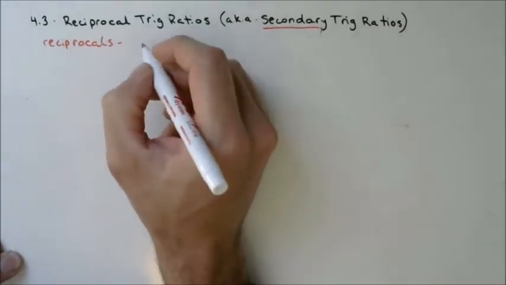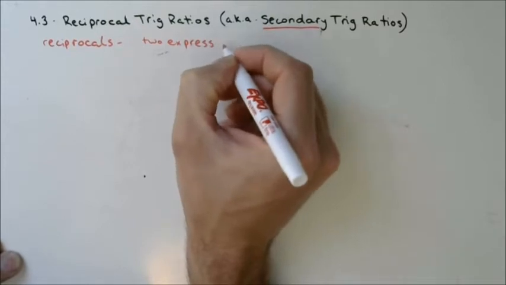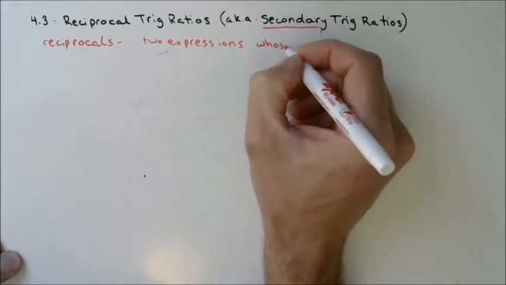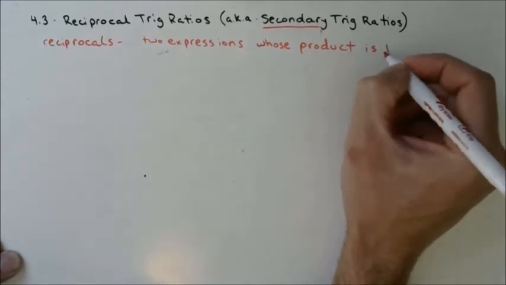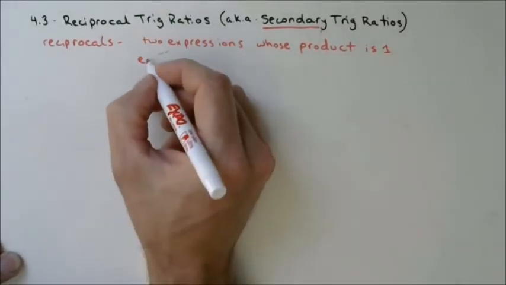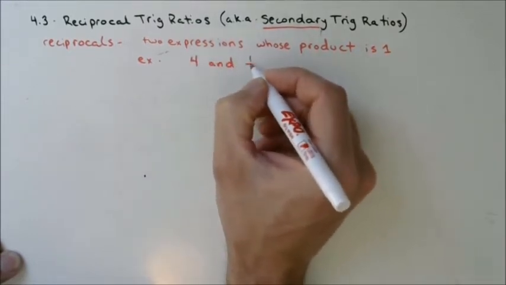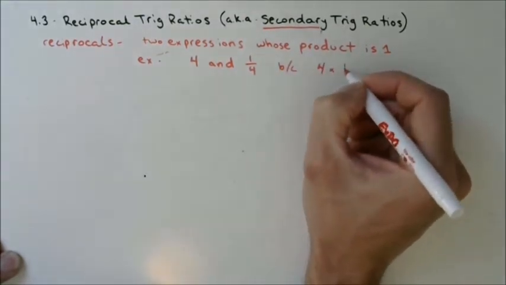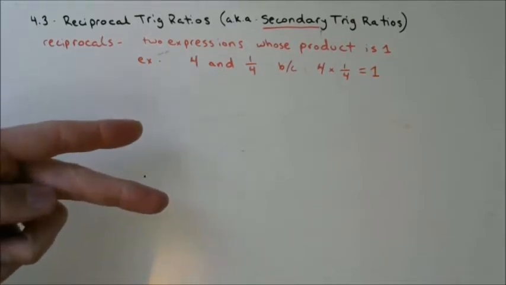Reciprocals are two expressions whose product is 1. If we take an example here, we could say 4 and 1/4 are reciprocals because 4 times 1/4 equals 1. And really what we're doing when we're talking about the word reciprocal is we're flipping the numerator and the denominator